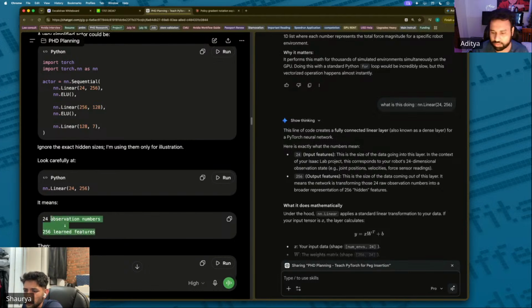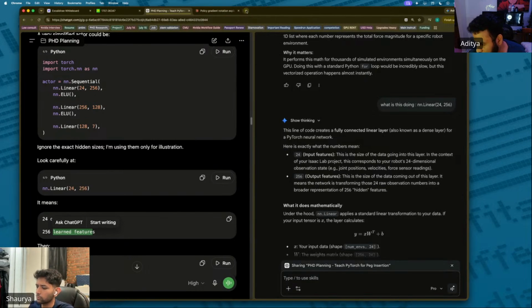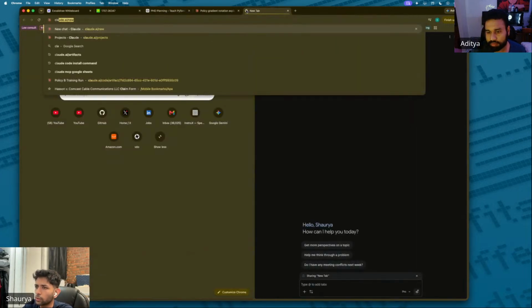What does this mean? So it gets observations, 24 observation numbers that we feed it. But essentially, what is 256 learned features? If you take a look at the formula right over here, wait, let me also open our